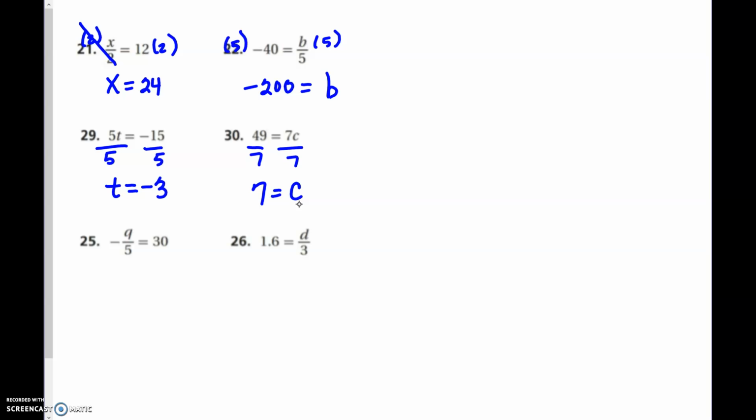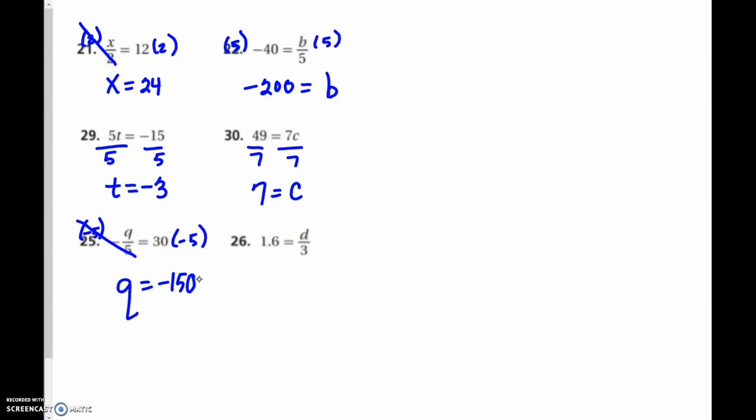Number 25 says Q divided by 5. Now that's a negative 5, and we want a positive 5. So I'm going to think of this as Q divided by a negative 5. So what I'm going to do is multiply both sides by a negative 5. Negative 5 divided by negative 5, those cancel out, so you're left with Q. And 30 times negative 5 is a negative